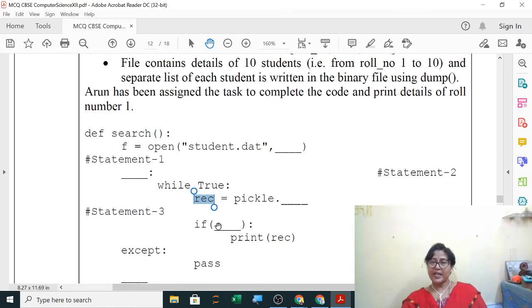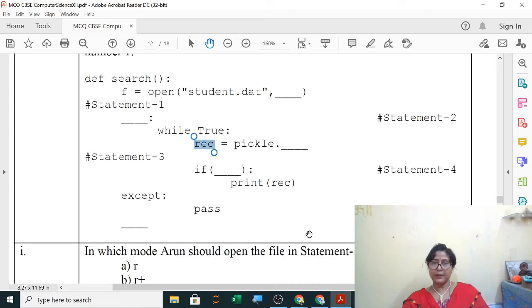Clear? So here rec in square bracket 0 double equals to 1. You yourself will come to know how much you will score in your board exam. If you are able to give the answer, obviously you will perform very nicely in your board exam, as well as in practical exam and Viva also, you will be able to answer all the questions because you have understood. Clear? So this you have to check yourself, try to participate. All the students I am asking to participate.